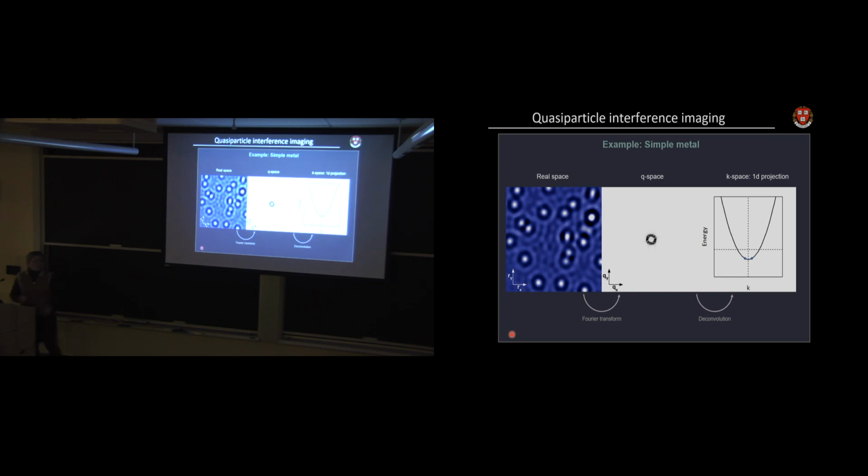How do you get positive and negative momentum from this? Because you're looking at standing waves, so it's not obvious to me how you get the...